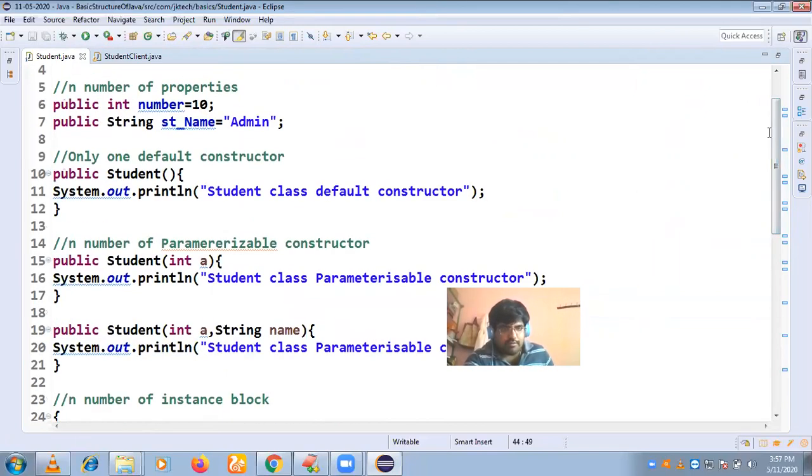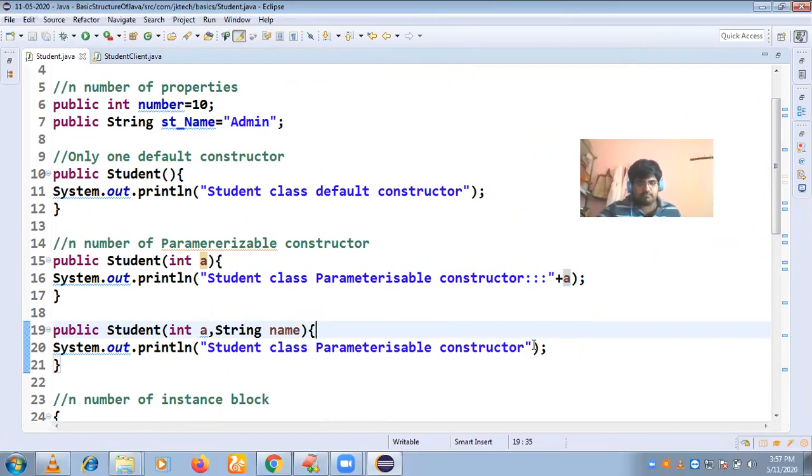What modifications am I going to do here? Using parameterizable constructor plus number plus name.